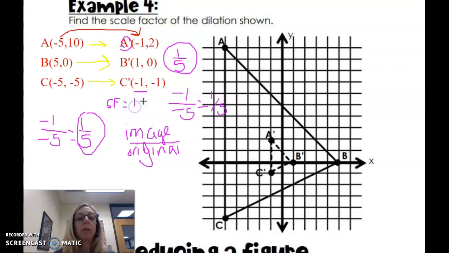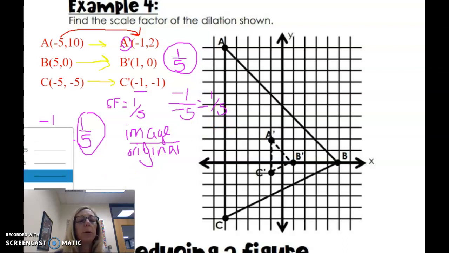Now here's my question. Does it make sense? Well, we know that when objects get smaller, they're being multiplied by a fraction. Did I get a fraction for my answer? Yes. But I want to show you or prove to you another way that I know my image is 1/5 the size. Remember my ratio image over original. If I were to go ahead and find a beautiful, beautiful point,